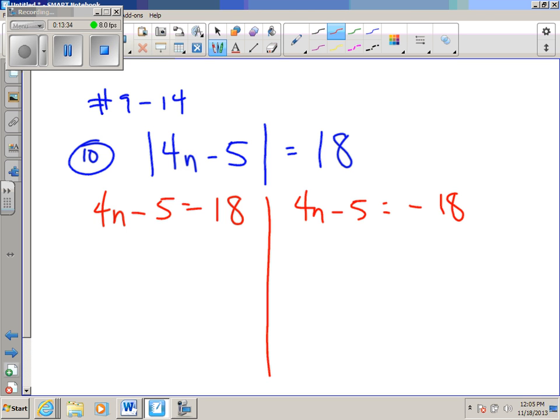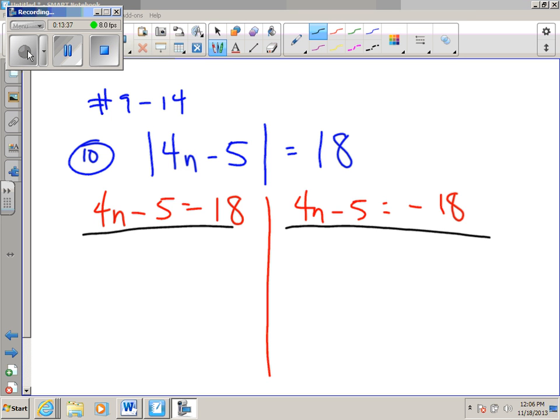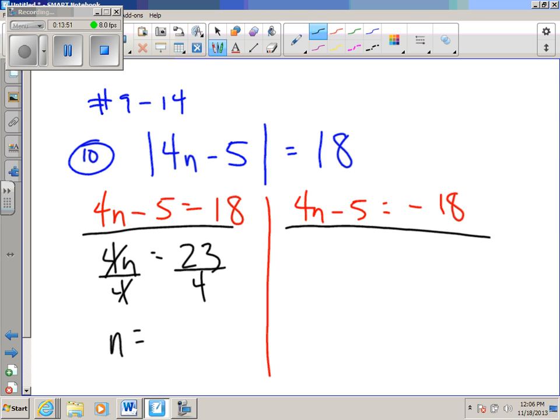So give it a shot and then see what we come up with. Here we're going to add 5 to both sides. 4n equals 23, right? Okay. If I divide both sides by 4, n equals. Now, remember we can do this. 10 times this 4 going into 23. How many are left? Okay. Is it necessary to put that into decimal form? You could. That one's easy enough. That would be 5.75,